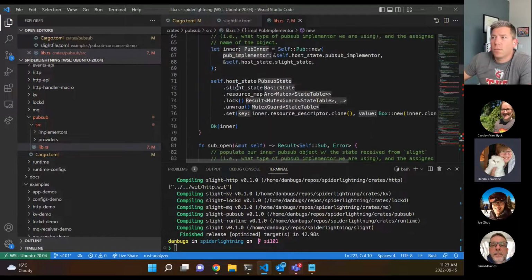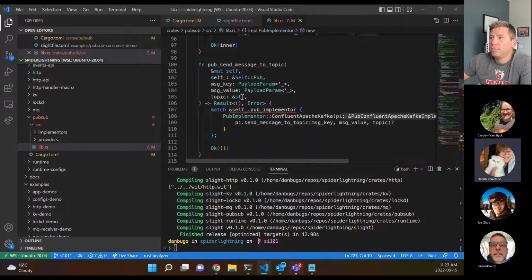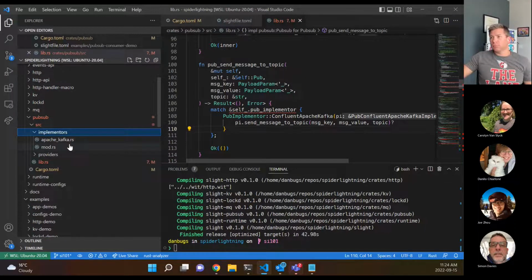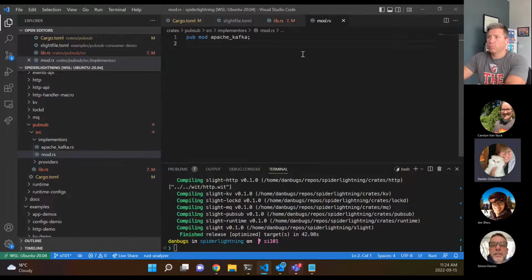Obviously, the rest is not dynamically dispatched. So say I send message to a topic, it still gets the pub implementer, and it only ever finds the Fluent Apache Kafka one. So we'll have to do this later on. But now what we'll do is we'll actually add the implementer for the Mosquito, because I feel like we're a bit overdue for that. So in here, we were in lib, now we're looking at implementers